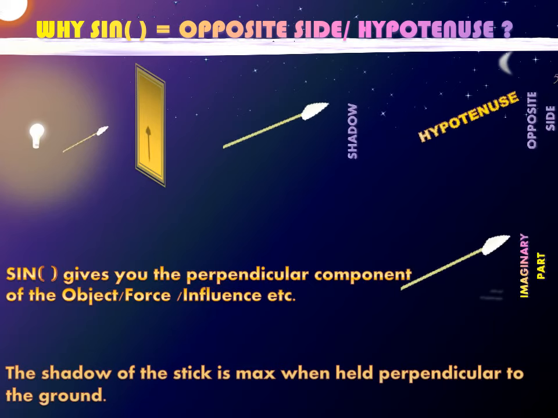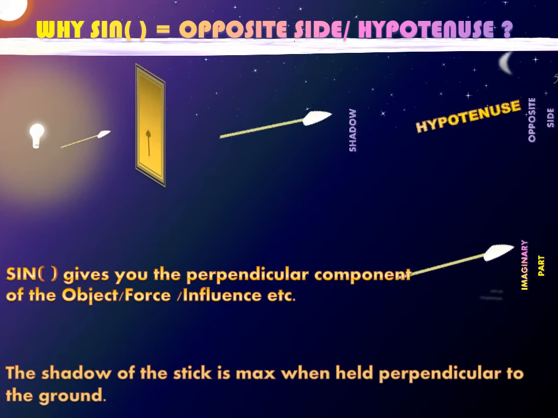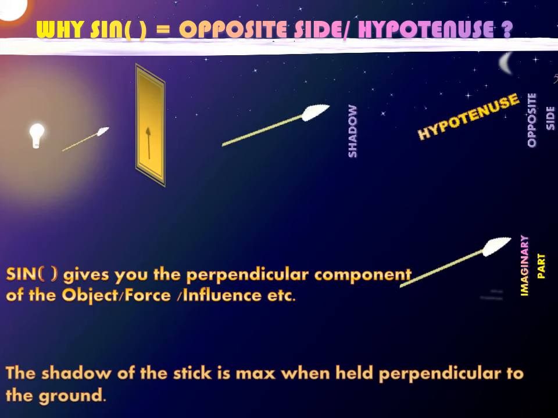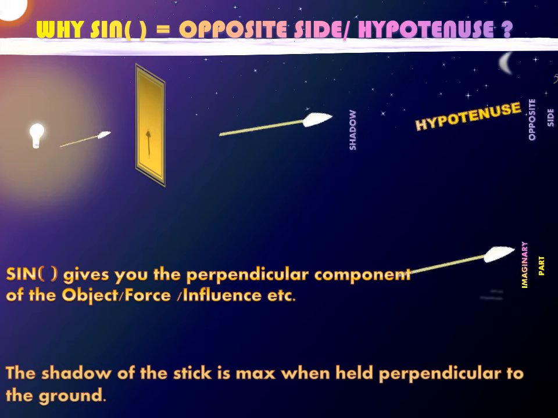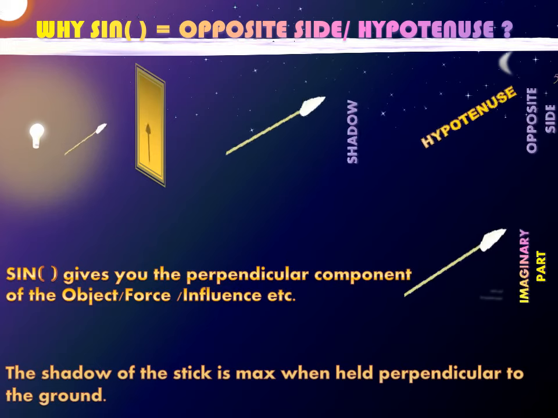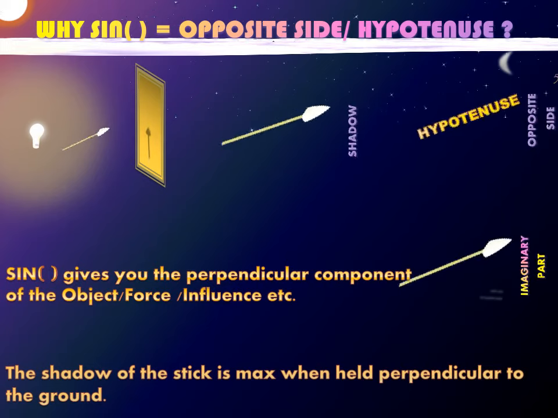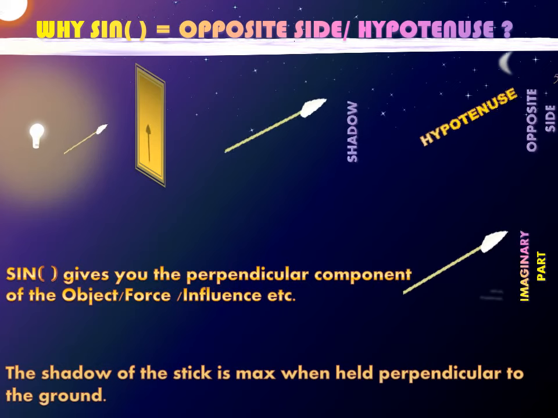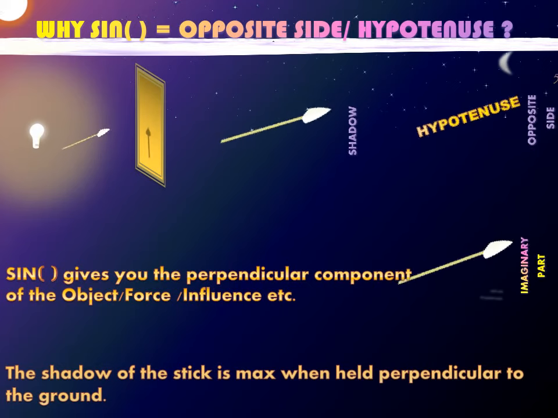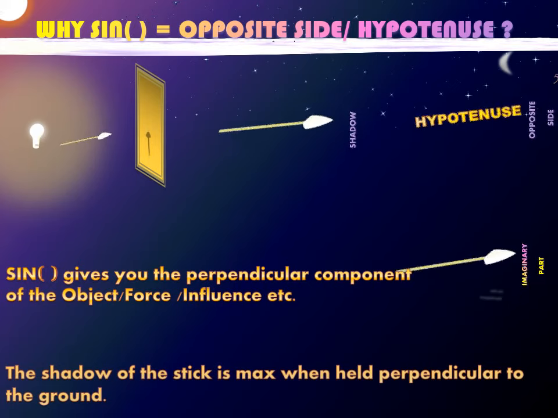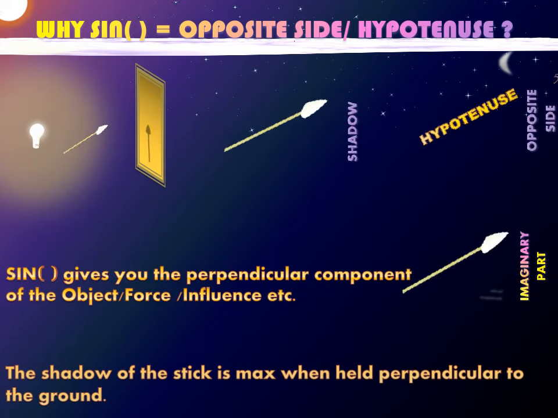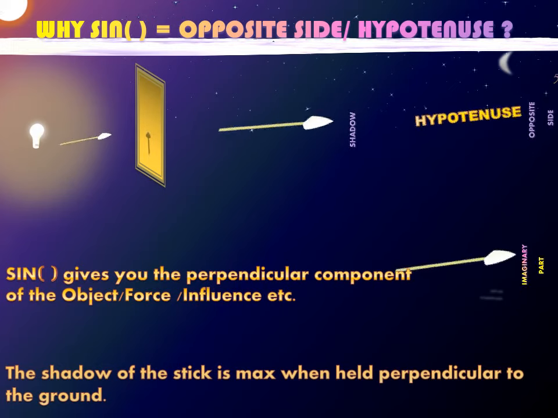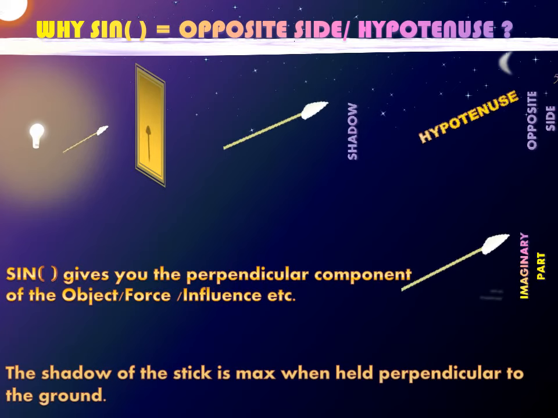The shadow of the stick is max when held perpendicular to the ground. Just look at the shadow of this spear-like object here. This shadow represents the perpendicular component of the spear. So the more perpendicular the spear is with respect to the surface of the ground, the more will be the length of the shadow formed by it. And as this angle reduces, the perpendicular projection of the spear also reduces,